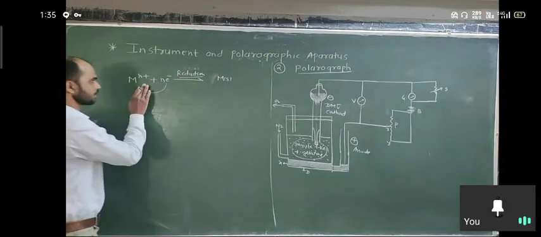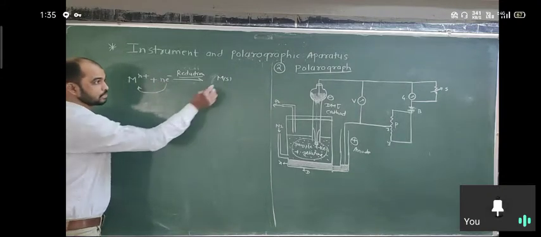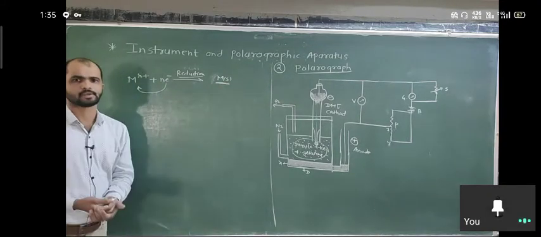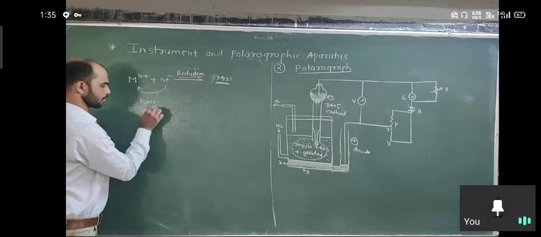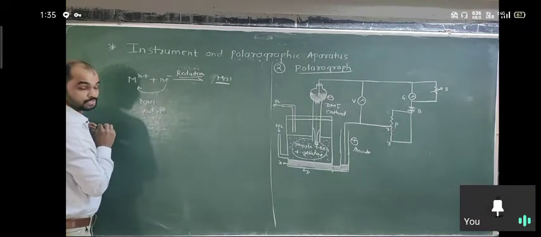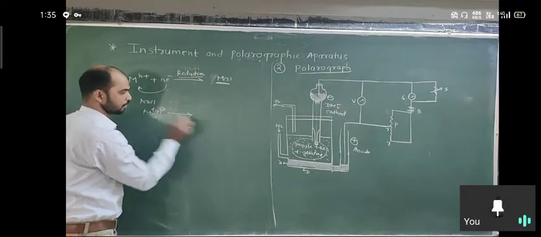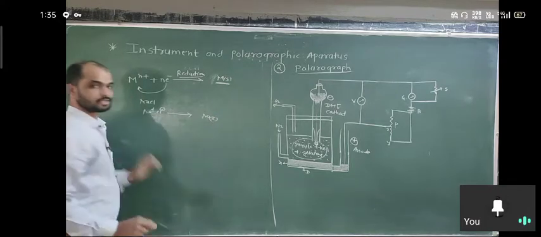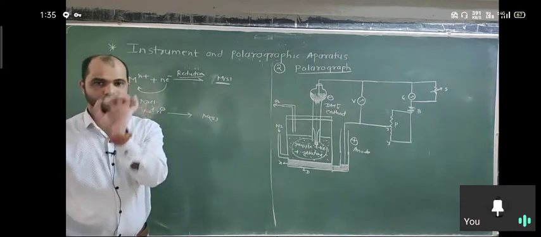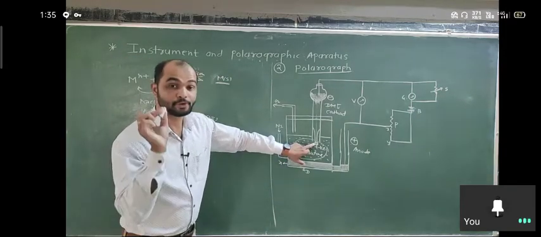So reduction happens. First the metal is in an ionic state in the dissolved form. After gaining electrons, it converts into the solid state. Suppose we consider an NaCl solution, so Na+ and Cl- is the solution taken for analysis. If one electron is provided to the sodium, sodium becomes neutral, so it converts into the solid state. The solid metal is deposited at the top of the mercury.